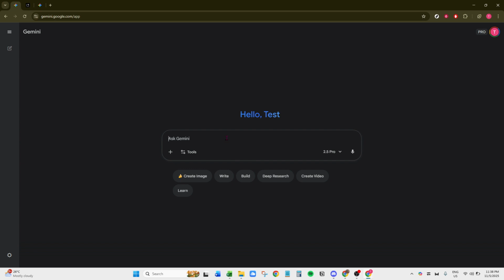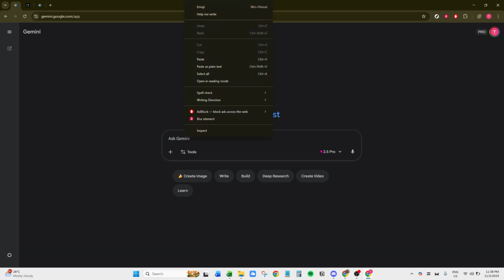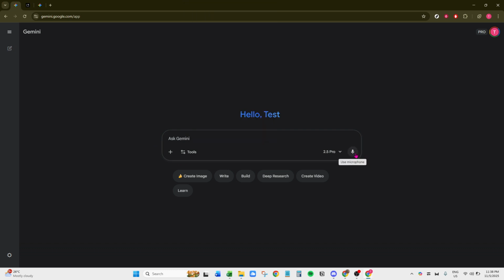After signing in, you're ready to start a new chat session. Look for the option that says Start a New Chat. This feature is the heart of Google Gemini, where you begin your interaction. Once you initiate a new chat, you have the flexibility to either type your sentences or use your microphone to speak. For those who prefer a hands-free experience, the microphone option is especially handy, making the interaction feel more like